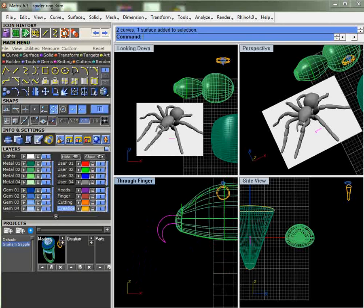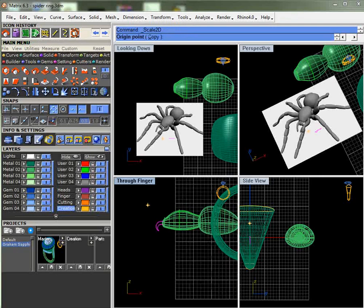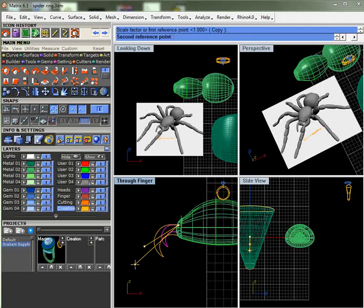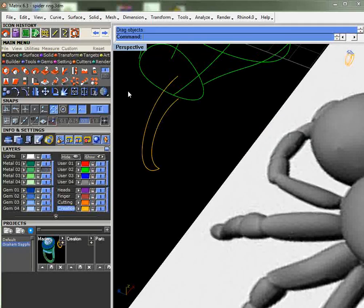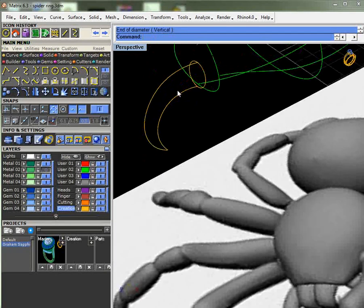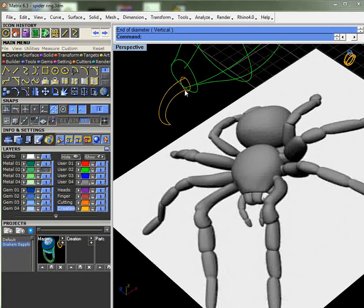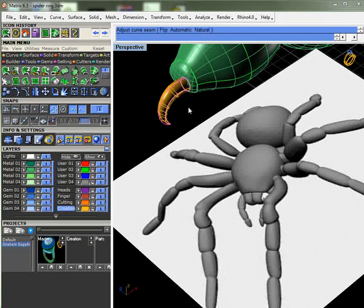Let's see. I would say those should be bigger, especially because it's jewelry. So we'll scale those out. And we'll move those back like so. And let's turn this off and we'll do a circle. And we'll do circle, and then we'll go up here to 2 point so that we can draw 1, 2. So that instead of going center out, that goes from 1 point to the second point. And then we come back, surface sweep 2, 1, 2, go there, sweep that down,